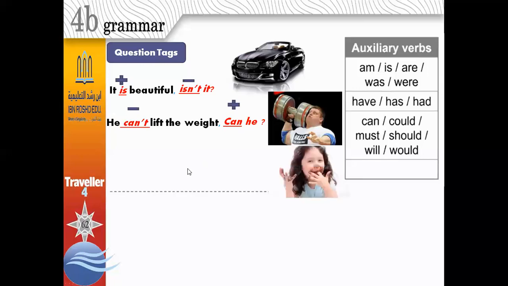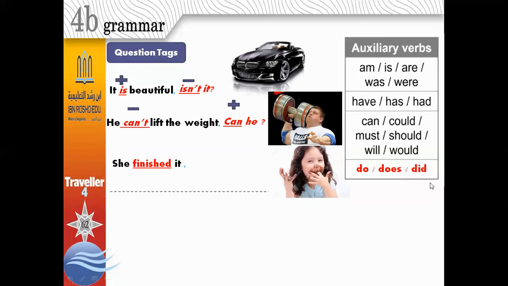Now look at this picture. She finished it. She finished a cake. How do you complete it with a question tag? Do you see any auxiliary verb? Is there any auxiliary verb? No, I don't see one. What do we do if there is no auxiliary verb? Then you must use